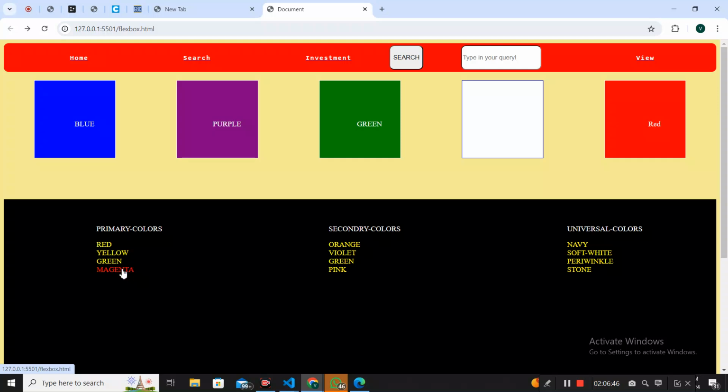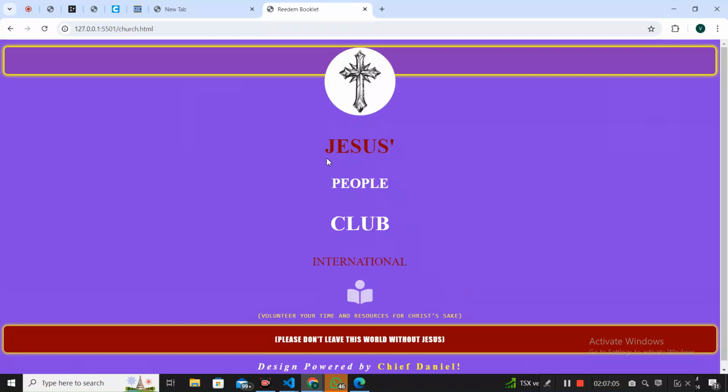So your website will be, if I click this magenta, it will take me to about six different designs, just like this one I did here now. These boxes I built, one, two, three, four, five. They are five. So if I click on this magenta, it takes me just like this. Red now takes this. You understand? So you first create the navbar,